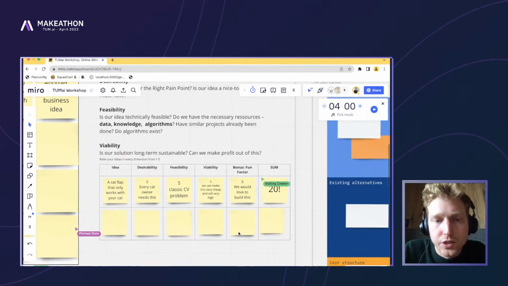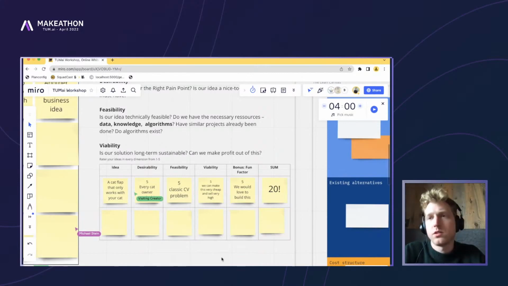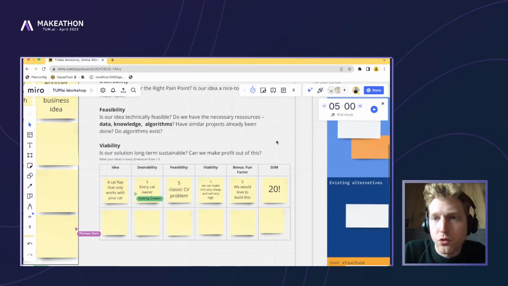Yeah, for now, just do your best guess on your ideas. You don't have to evaluate all 8 of them. Let's take another 4 minutes maybe, or I'll give you 5 minutes, to just take 2 or 3 of your ideas and give them a little bit of thought on these